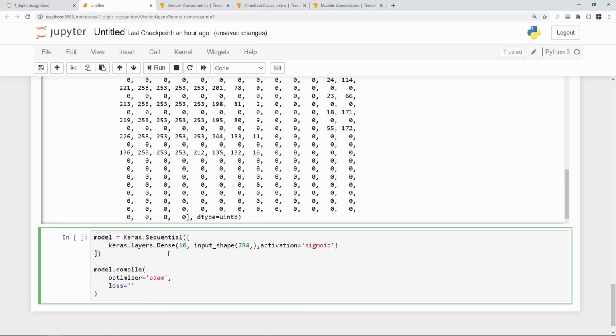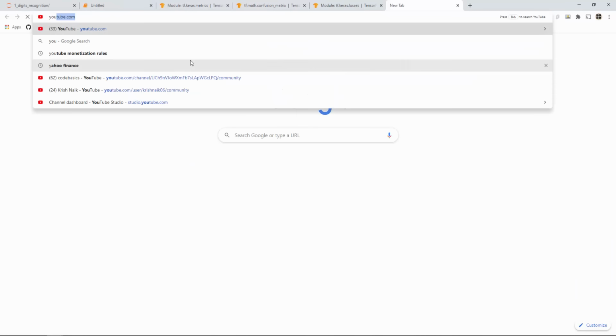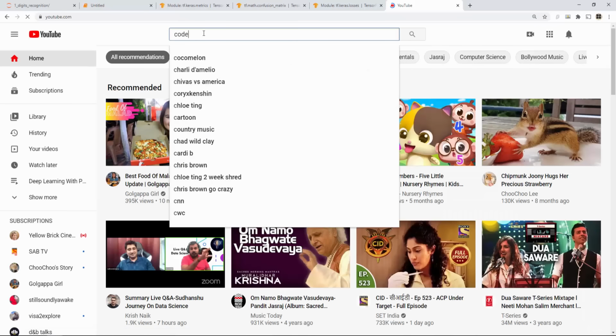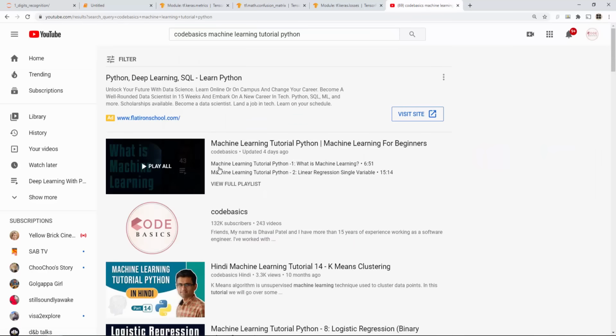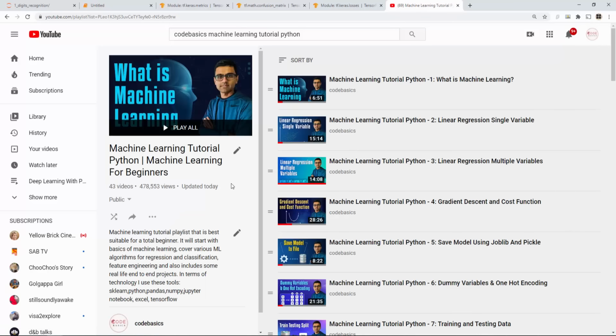So loss function, if you follow my machine learning tutorials, especially, let me just show you. So if you go to YouTube, by the way, and if you just search for codebasics machine learning tutorial, you see this playlist where in the linear regression tutorial, I have talked about the loss function. I use mean square error or MSE loss function. Okay. Here we are going to use